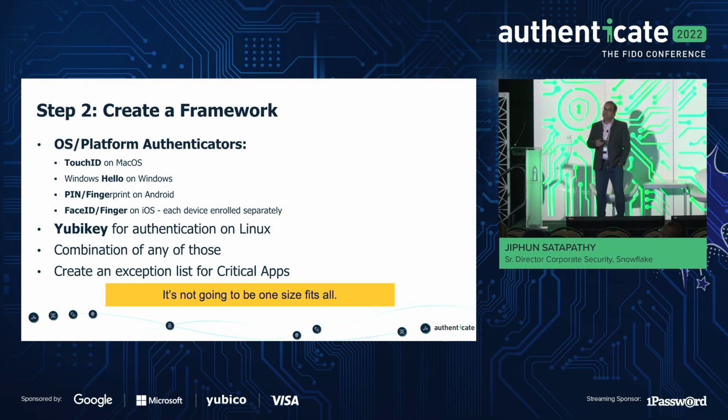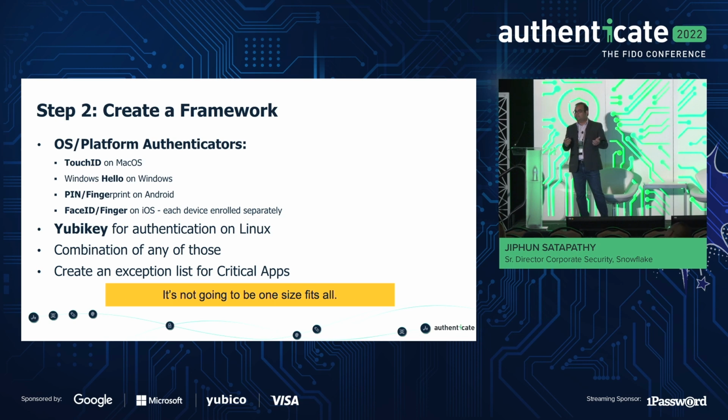And then we also determined a list of applications that we really cannot support, and we cannot get rid of. One approach is to say, since this application is not compliant with FIDO2, let's not use that application. You will find many applications, and I don't want to take names here, which are critical applications that you absolutely cannot get rid of. For example, one of the applications that we use for secrets management and key management is not FIDO2 compliant. We just could not get rid of that.